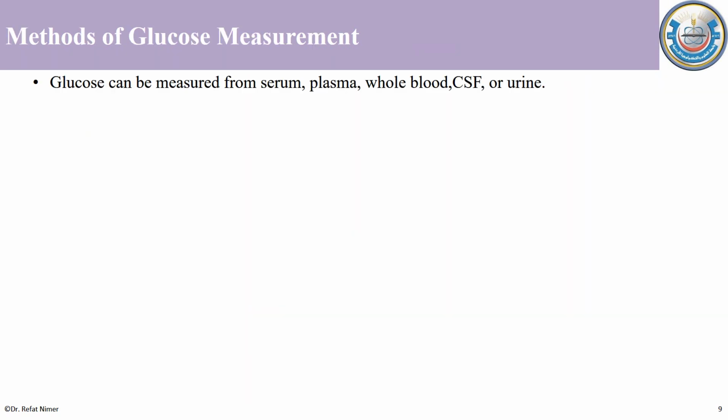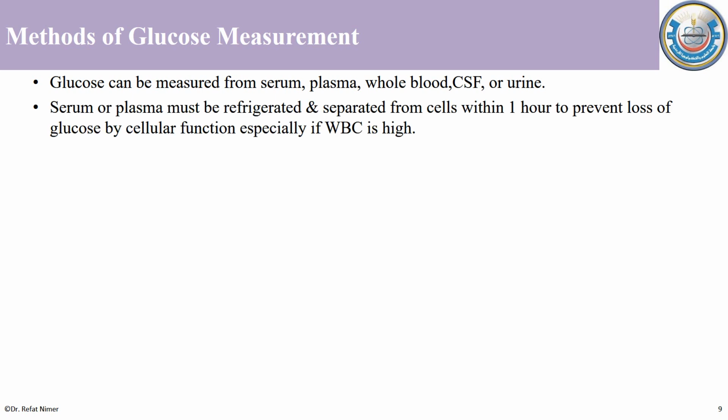Methods of glucose measurement. Glucose can be measured from serum, plasma, whole blood, CSF, or urine. Serum or plasma must be refrigerated and separated from the cells within 1 hour to prevent loss of glucose by cellular function, especially if white BCs is high. So it is very, very important to not let your sample